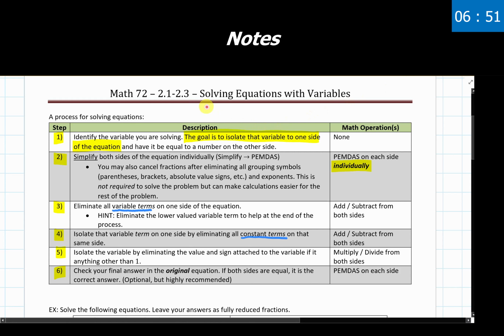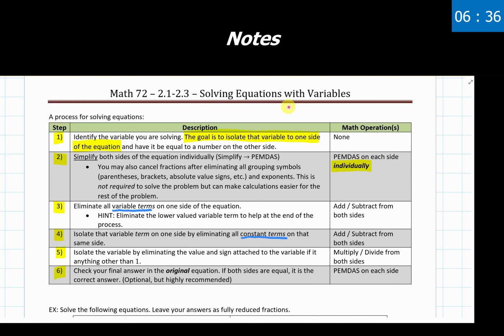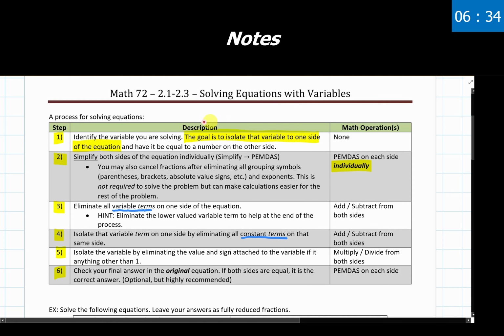Today we're going to be covering how we're solving equations with variables. We're specifically going to be looking at linear equations in this process and with the examples that we're going to see, but this pertains to a lot of different problems where we're working with equations and variables in general. So I have our steps in our process written out here.